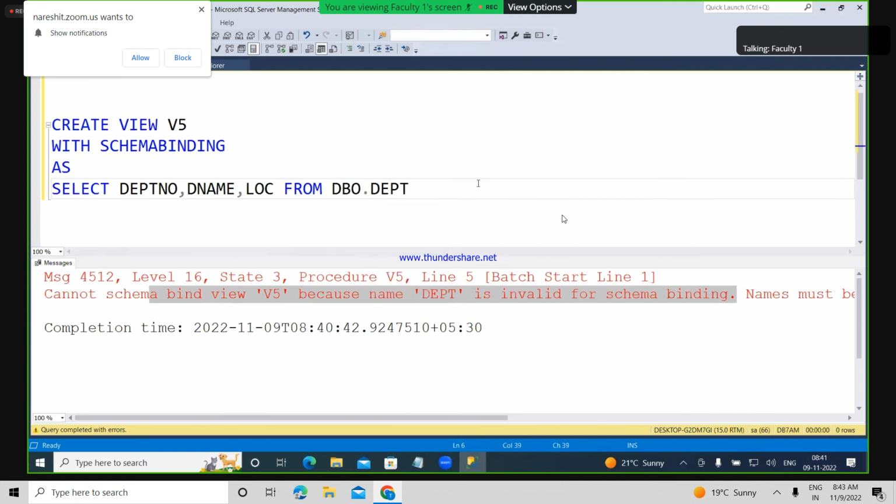Now, what is the default schema? DBO. So the table name should be prefixed with the schema name. What is the schema name? DBO. Okay, understood or not? Then,